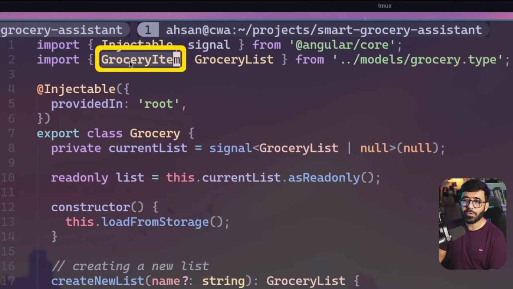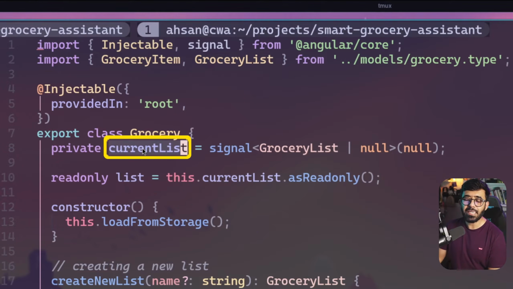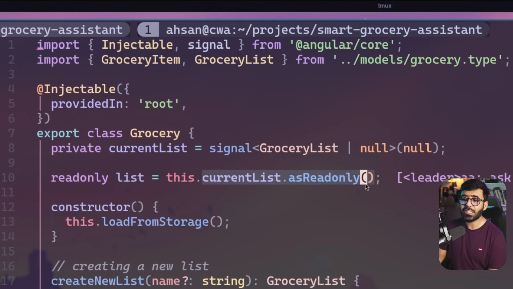We are importing the grocery item and grocery list, and we have some things happening right here. Now I want your attention on two different things. We have a current list variable and a list variable right here, and it's a very common practice to have a private variable and then expose a public variable as read only, so no component can modify this particular variable directly. If we need to change data, we have to update this current list manually, usually using a